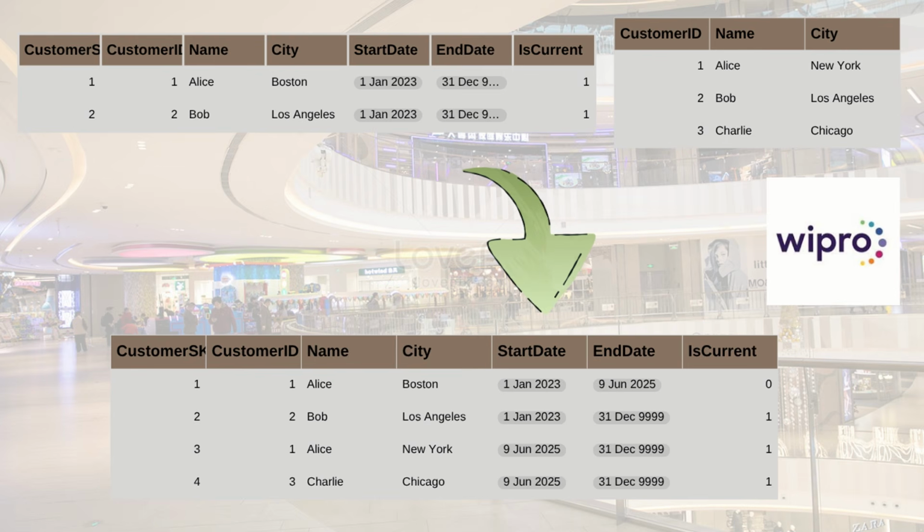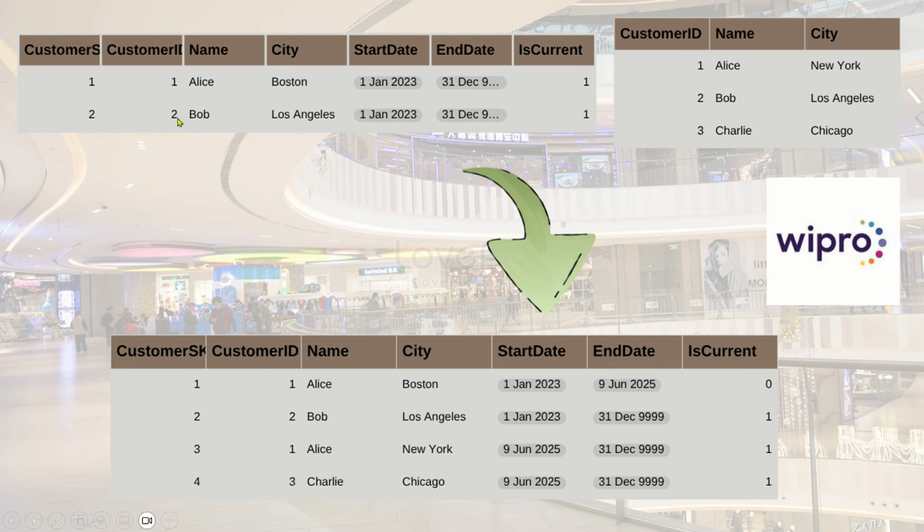Today we are going to see another interesting SQL question. This time we have two tables as source input tables. On the left side you see something called customer dim and on the right side you see something called customer source. Based on the delta or the difference between these changes, you need to bring the final output. The first customer ID you have is Alice as customer ID 1